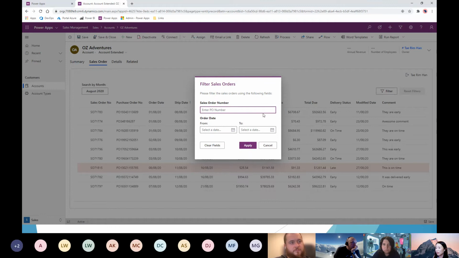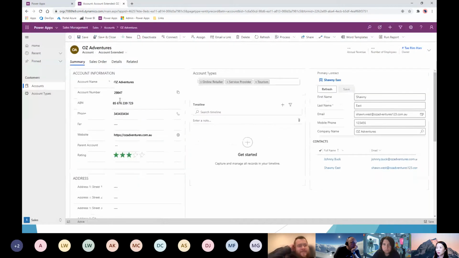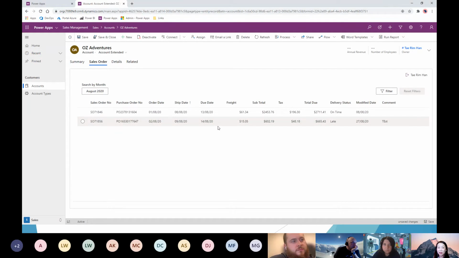So let me go back. You can go to summary, and here I'm just going to use the copy function, and then I'm going to put in a different value. And then if I go to sales order, you can see that the data actually reflects almost instantly. This is a real benefit because whatever the control is listening out for in terms of notification, it actually gets notified of that change. And whatever change you make in the PCF control, you can also make it notify the other way. So it's really awesome stuff.